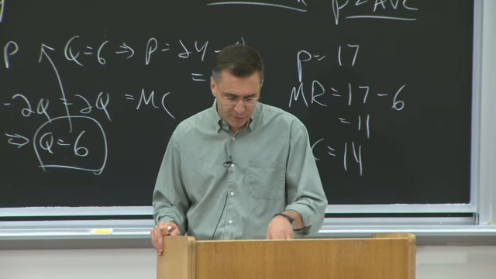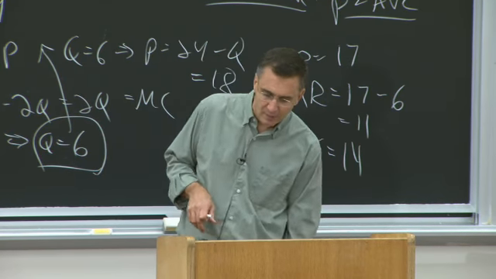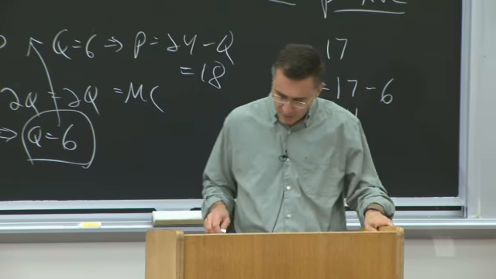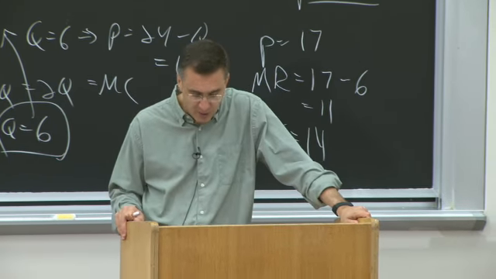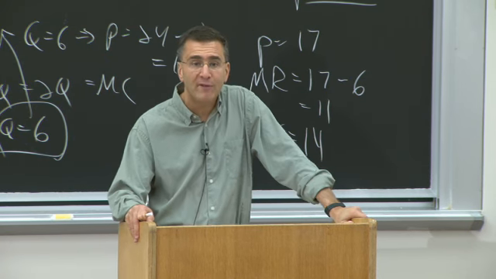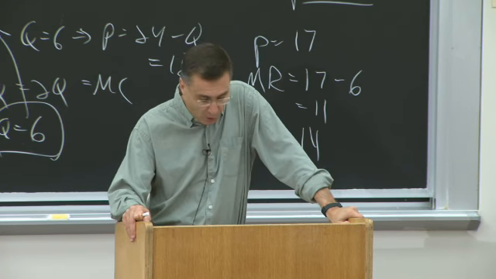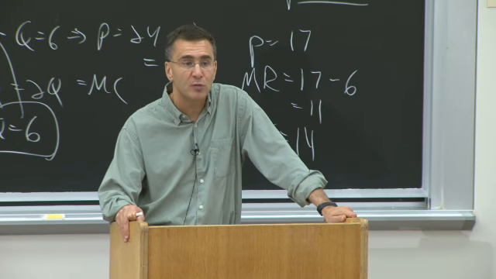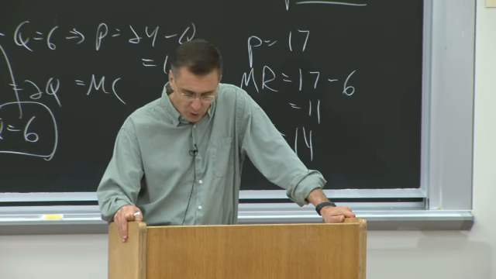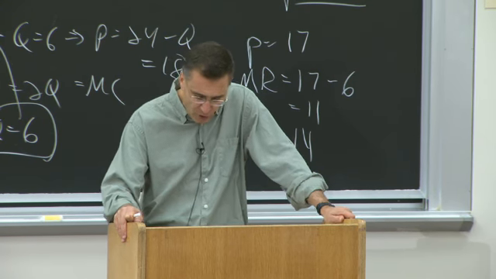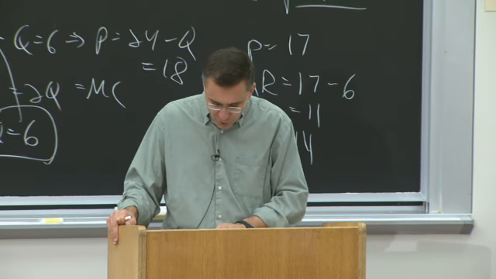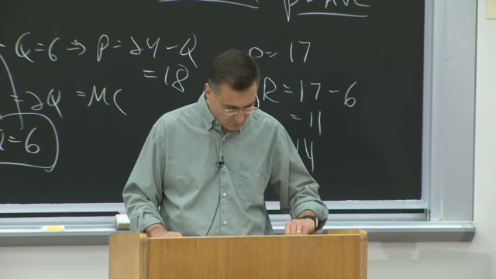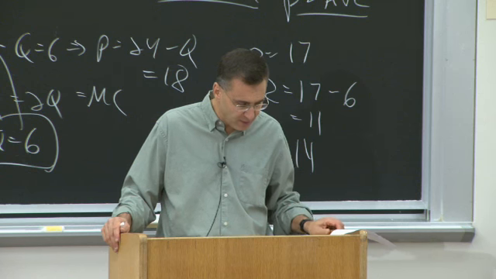To see that, let's go to figure 14.5, where we can show the deadweight loss of monopoly. Here's the same example we were using. Demand is Q equals 24 minus P. The cost function is 12 plus Q squared, so marginal cost is 2Q. As we saw before, the monopolist chose to sell 6 units at a price of 18.